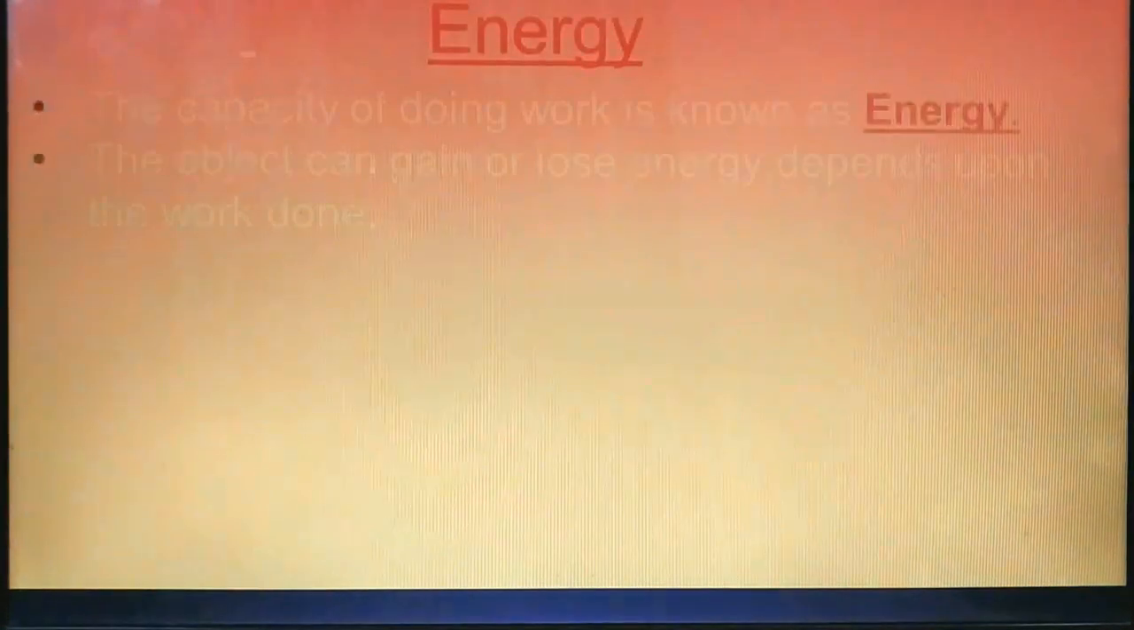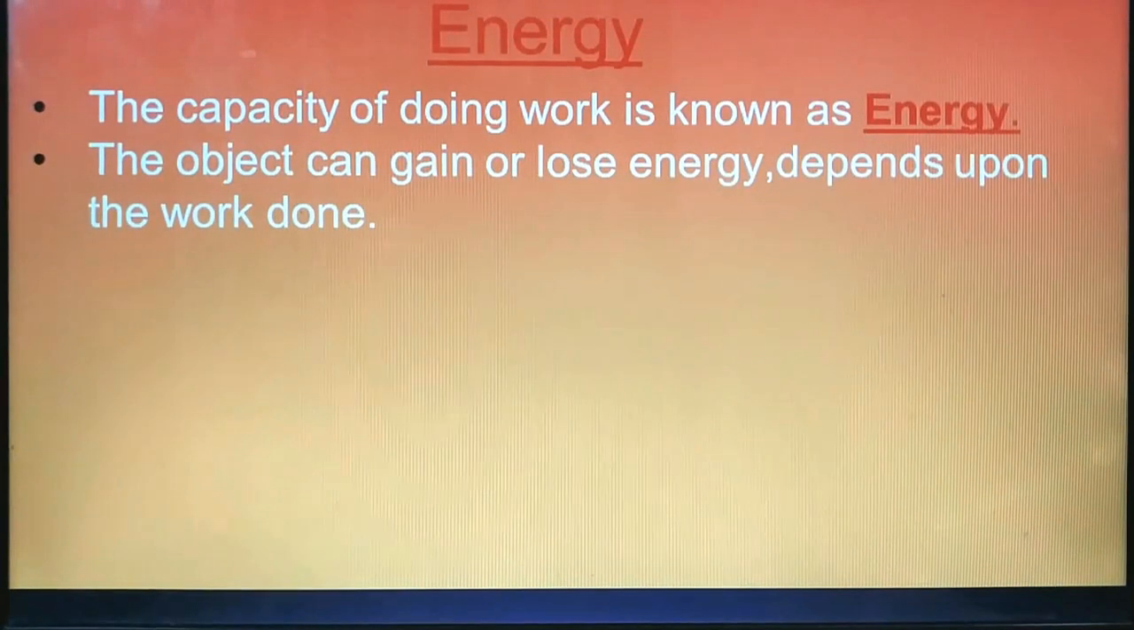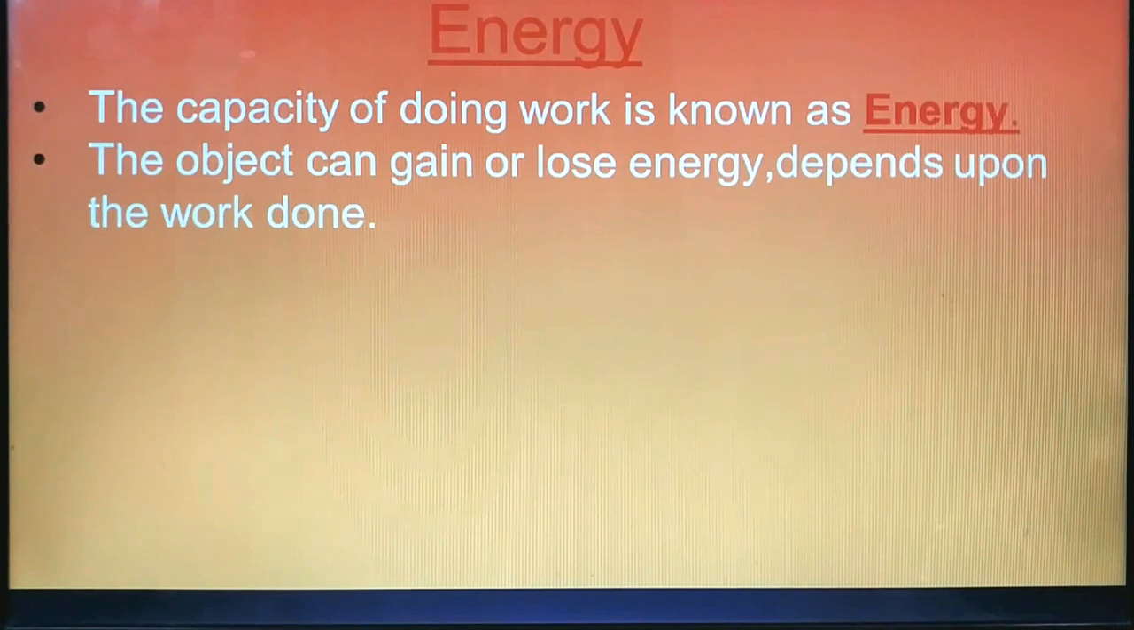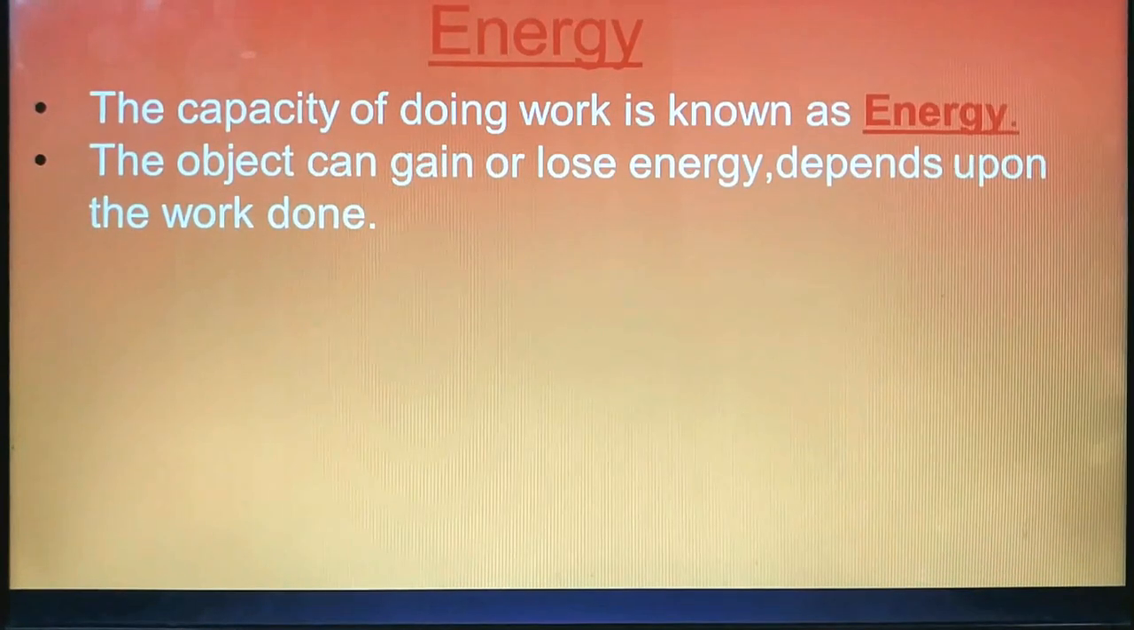On the basis of this, we can define energy as the capacity of doing work or the ability to do work. The object can gain or lose energy depending upon the work done. Object कितनी energy gain या lose कर सकता है depend करता है कितना amount of work done करा गया है